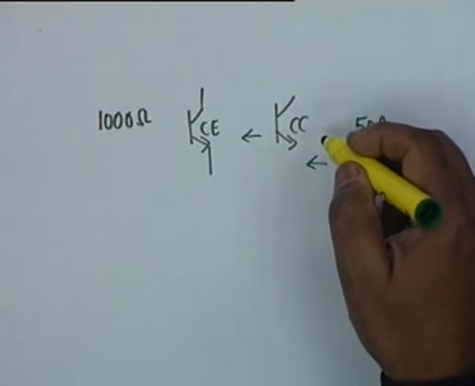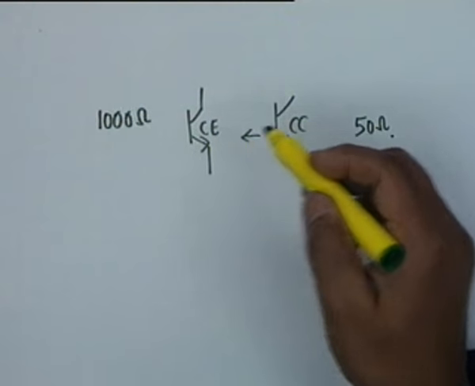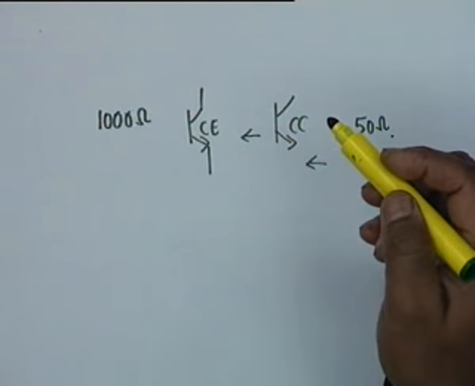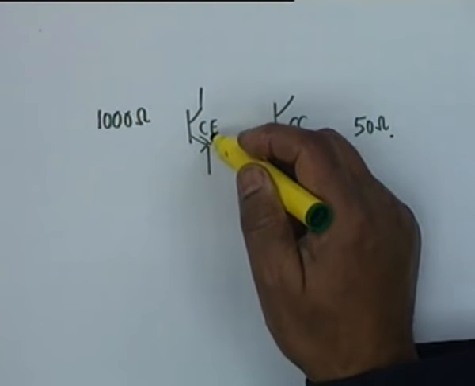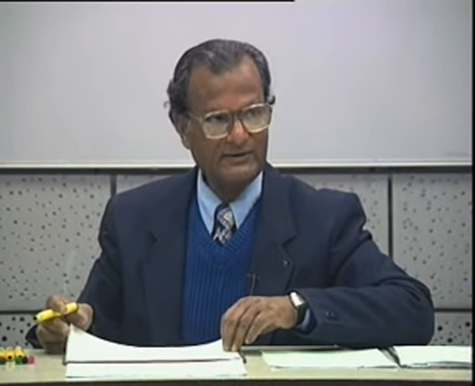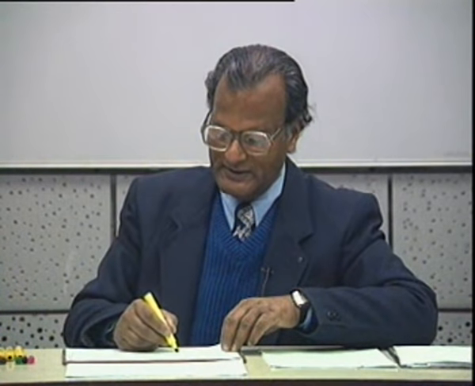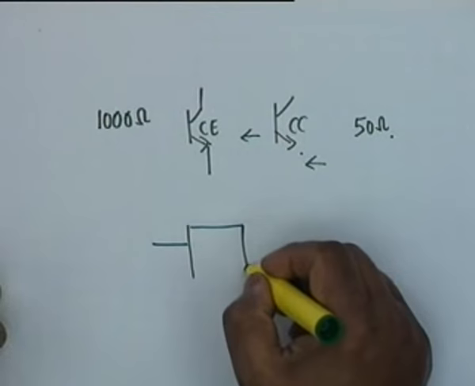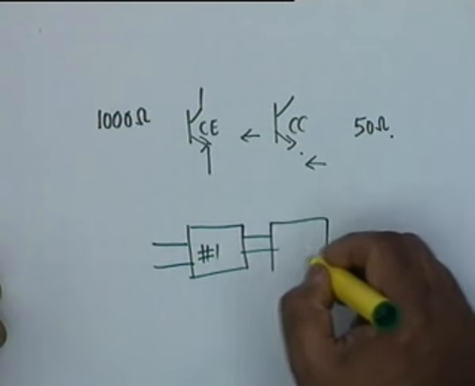The second stage does not give you voltage gain. So the voltage gain has to be obtained from CE, but you match by a CC. Alright, there is current gain in CC as well as CE, and therefore there is an overall power gain. So stages often have to be cascaded, that is, one feeds into another amplifier to get a higher gain or to get a matching, and in such cases, suppose we have amplifier 1 and amplifier 2,